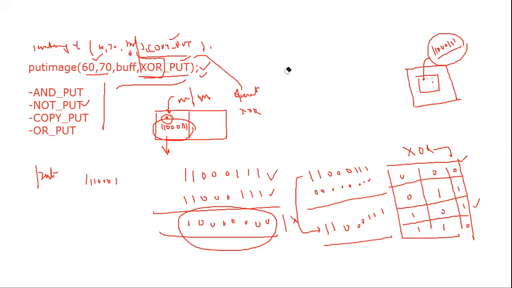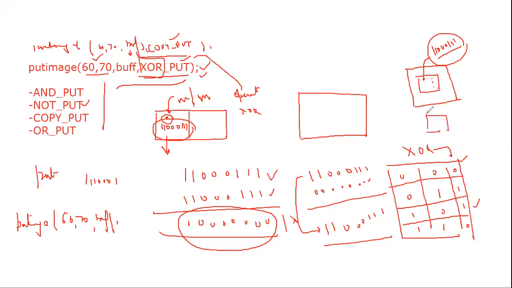Okay, let's say this is the screen now. And if I use the put image and I want to put it at, let's say, 60, 70 or any other location, anywhere I want to put, let's say 60, 70. Then we have the buffer from the memory, and we are putting it on the screen at this location. So it will start from here. If it is a circle or anything, it will cover a rectangular region starting from 60, 70, and it will cover the complete rectangular region in this manner.